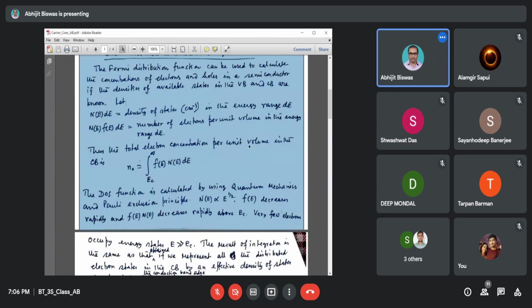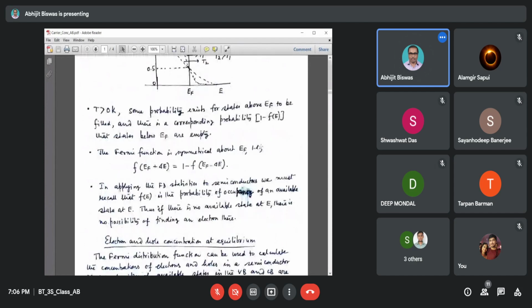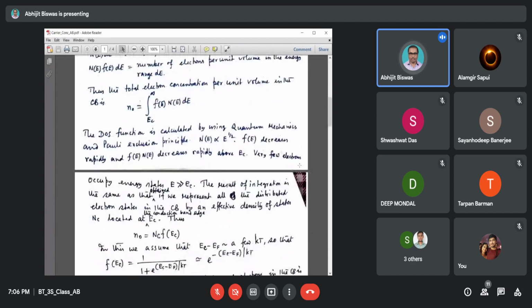You see that Fe decreases rapidly with increasing energy beyond E equal to EF. Therefore, you can see that Fe decreases rapidly, and so does Fe into Ne, with increasing energy above EC, the conduction band edge. So you will find that very few electrons occupy the energy states beyond